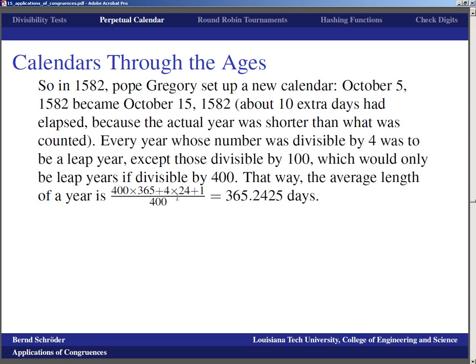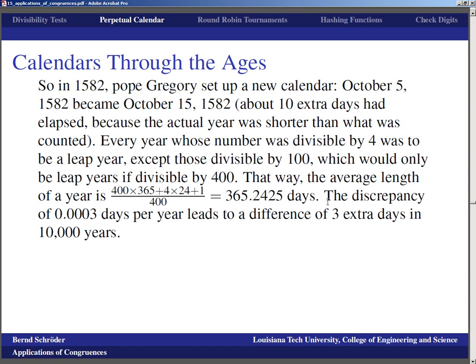And that's because in a 100-year time span, of which there are 4 in a 400-year time span, you will have 24 leap days because you don't have the leap day in the years that are divisible by 100, except for one of them, which will be divisible by 400, and so that's that plus 1 here. When you do the arithmetic, and I admit without shame, I use the calculator, of course, you end up with an average length of a year of